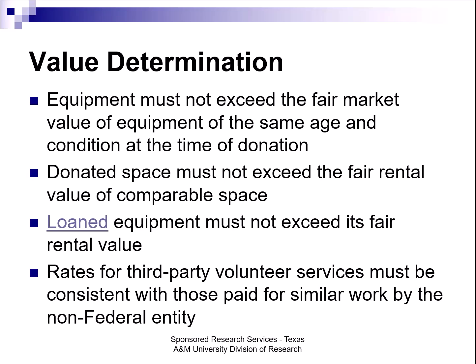For third-party in-kind contributions, the fair market value of goods and services must be documented and, to the extent feasible, supported by the same methods used internally by the non-federal entity. Rates for third-party volunteer services must be consistent with those paid for similar work by the non-federal entity. Services must be valued at the employee's regular rate of pay plus an amount of fringe benefits that is reasonable, necessary, allocable, and otherwise allowable. An indirect cost at the entity's federal negotiated rate agreement may also be added.